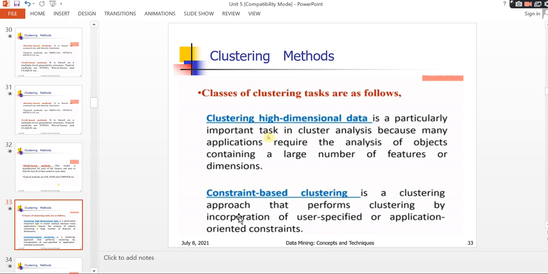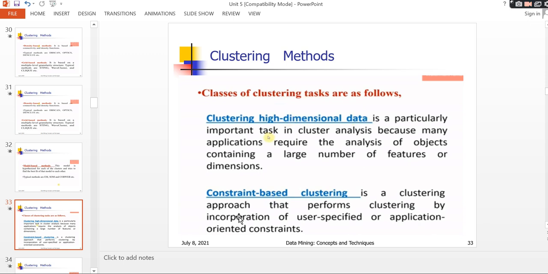So there is an emerging need for clustering on this high dimensional data. Clustering should be applied on objects containing a large number of features and dimensions.